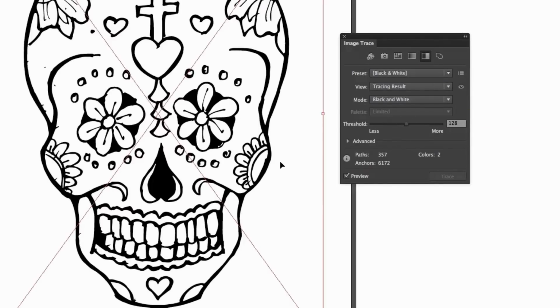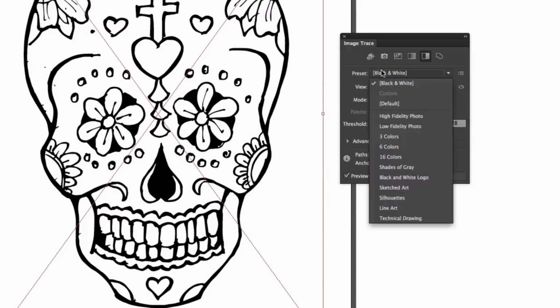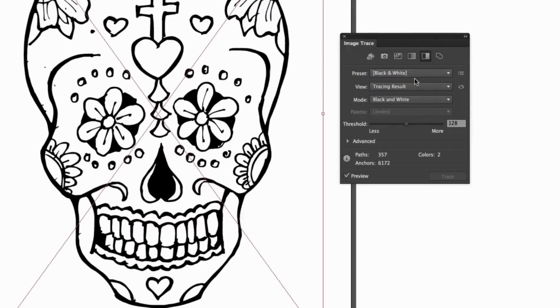Now, if we want to, we can click on the Preset tab and select from a range of other color options. Though we are just going to keep it set to black and white on this occasion. We are going to keep View set to Tracing Result and Mode to Black and White. Next, we have the threshold. Now, this is probably one of the main properties you want to pay attention to, as this can alter the